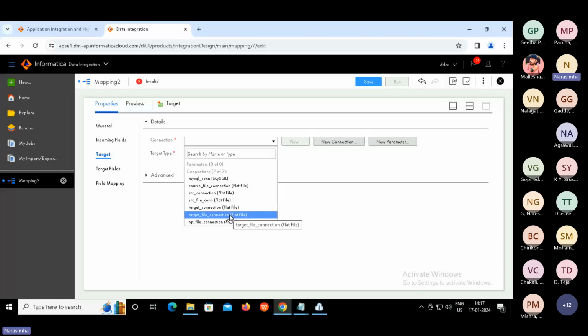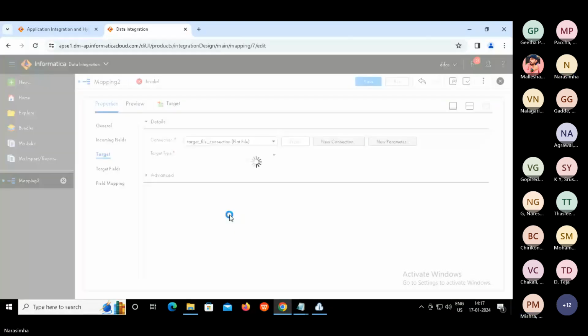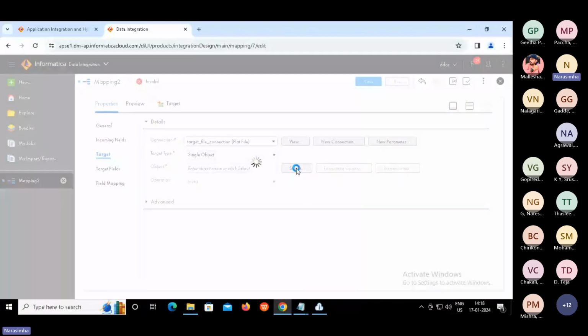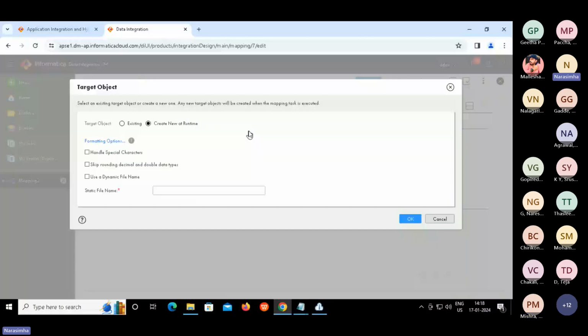Click on select, and here, please select create new at runtime. So here we can specify router_target.txt.